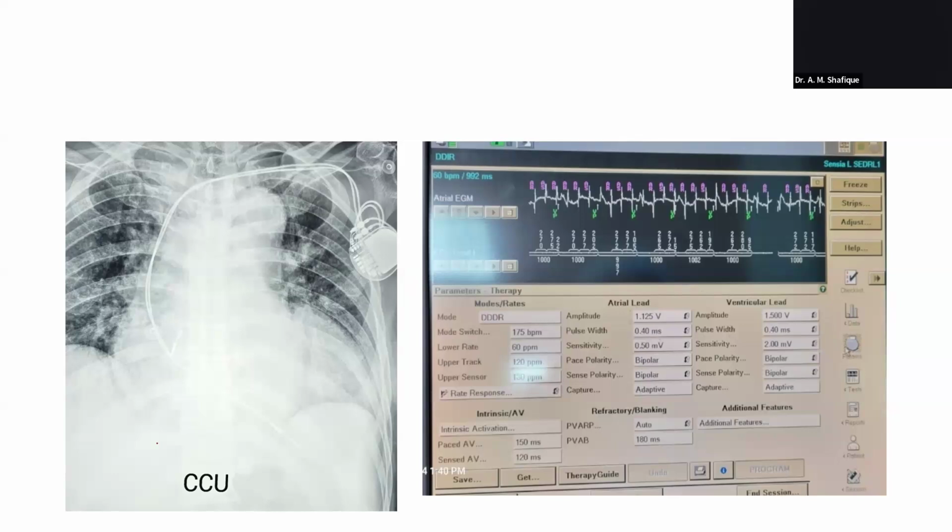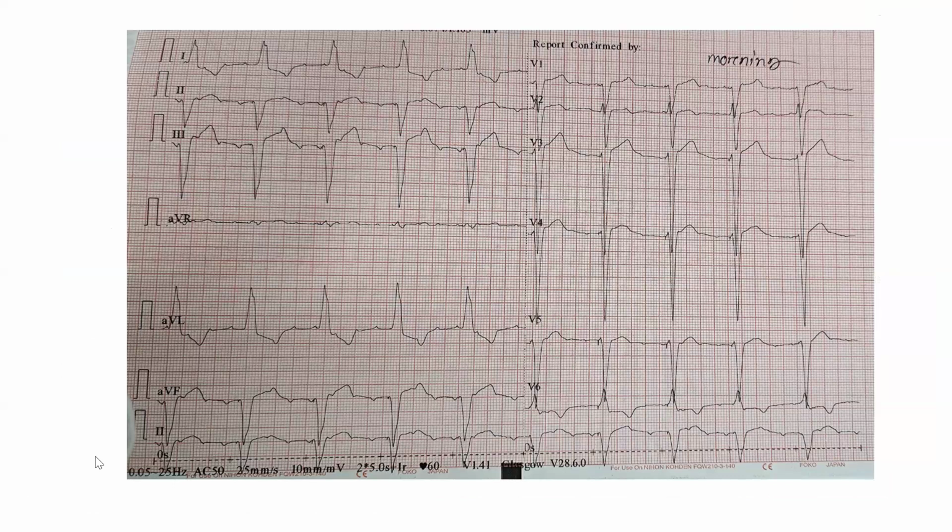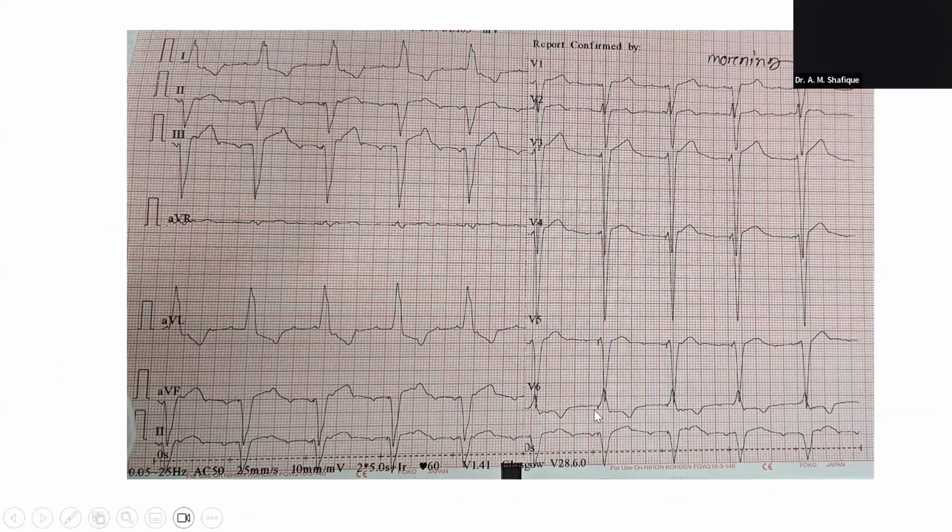So this is the interrogation. Can you show the ECG again, please? In the rhythm strip, there are spikes. Before most of the QRS complexes a spike is there, so one needs to see the spikes as well. But in clinical practice it is easy, because when the patient has a pacemaker, one knows and sees it on the X-ray. And here the atrial rate is around 230, so it is atrial tachycardia.